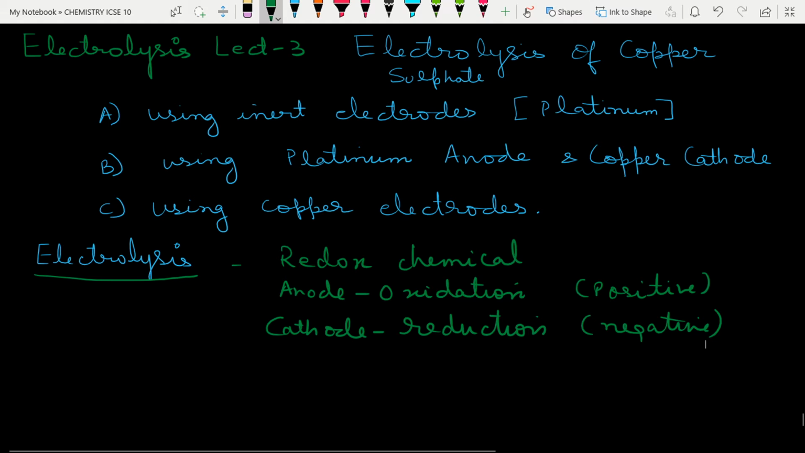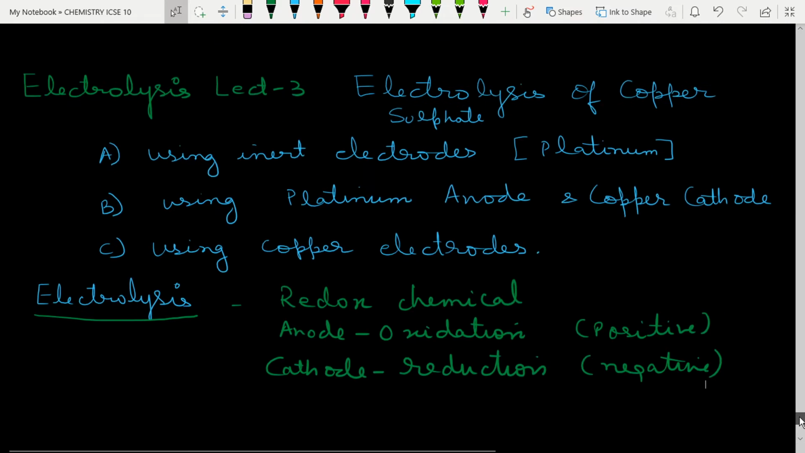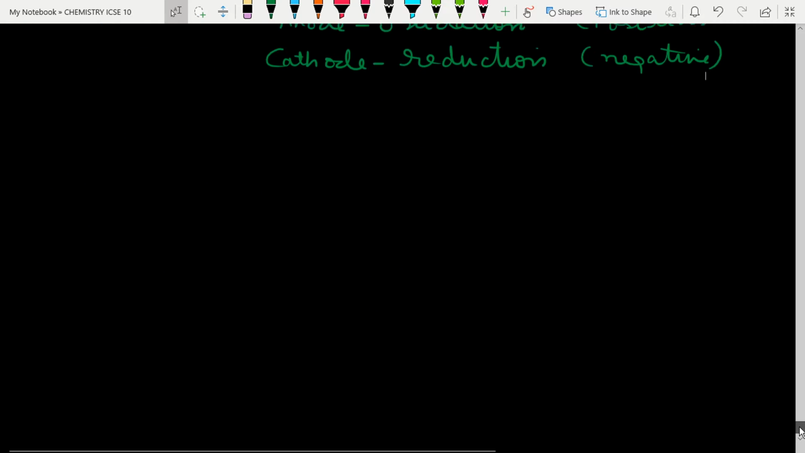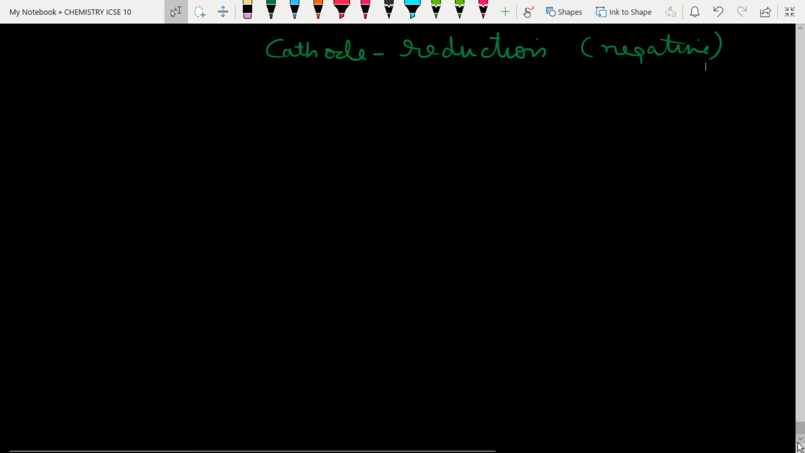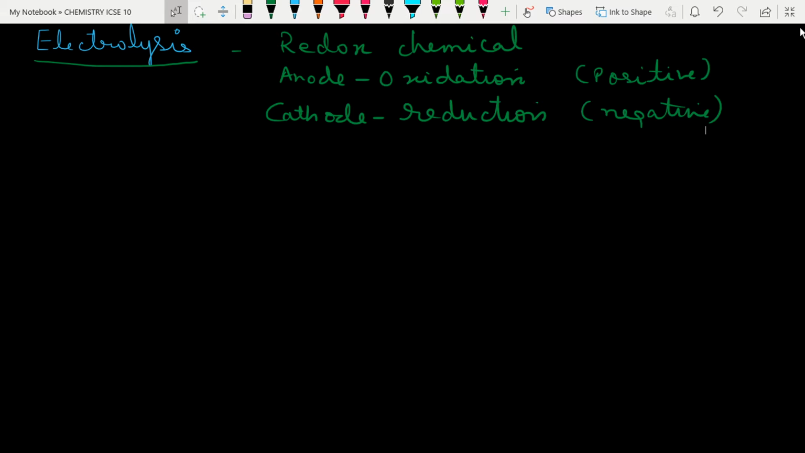So let's begin and move on to our part A. Part A is using inert electrodes, platinum. Electrolysis of copper sulfate using inert electrodes. Electrolysis is a redox chemical change,